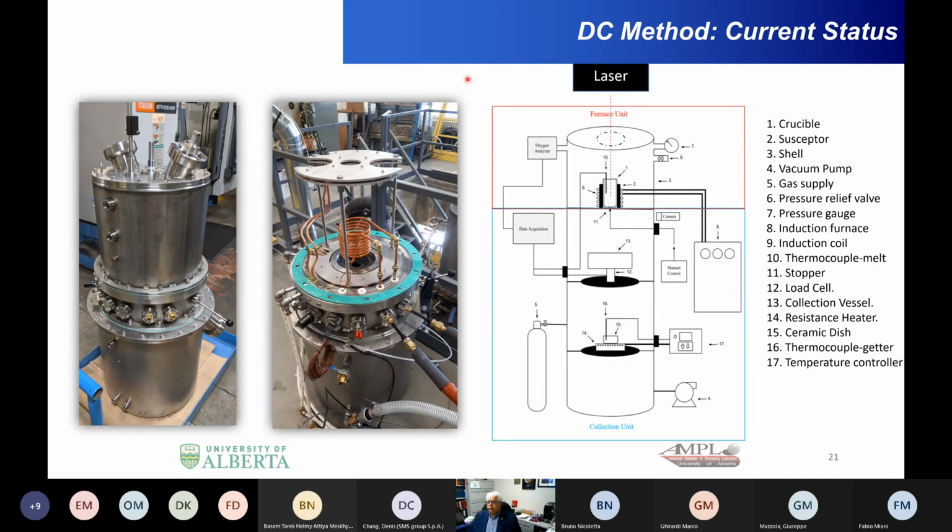So where are we now? When we saw that, we said, well, we need to upgrade the way we're doing the experiment. And so we built this new device. We basically have two sections here. One is the furnace section, where we have an induction furnace. The crucible sits in it. We have a thermocouple inside, and we're going to have a laser looking from the top down into